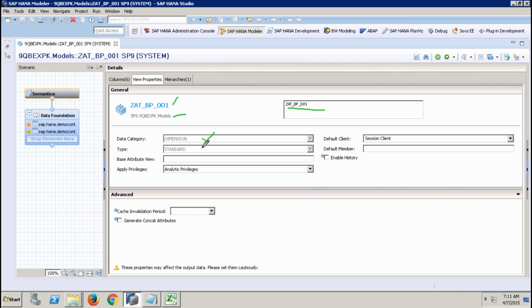And then you see the next property as a type of attribute view. We've seen there are different types of attribute views, right? Standard, derived, and time. And this property type will tell you whether it is a standard, derived, or time based attribute view. Suppose it has been derived, this property will tell you what is the base attribute view from which it has been derived. For example,